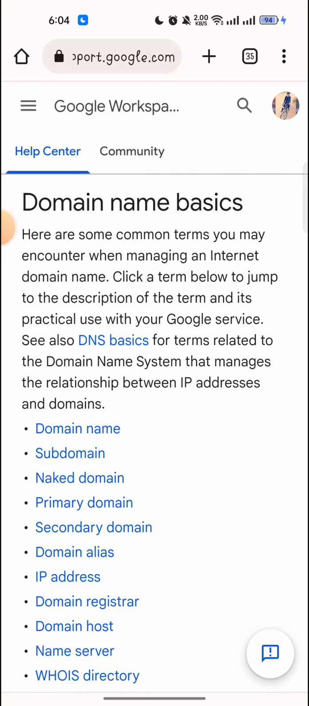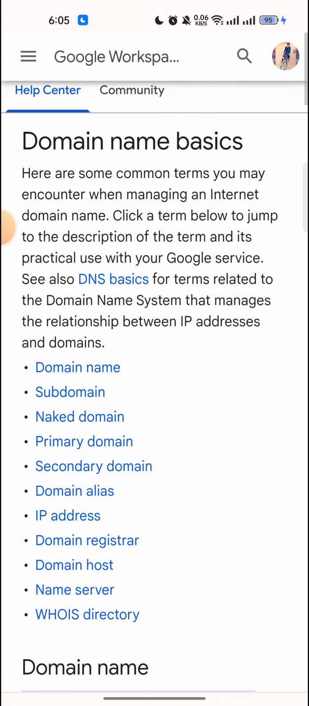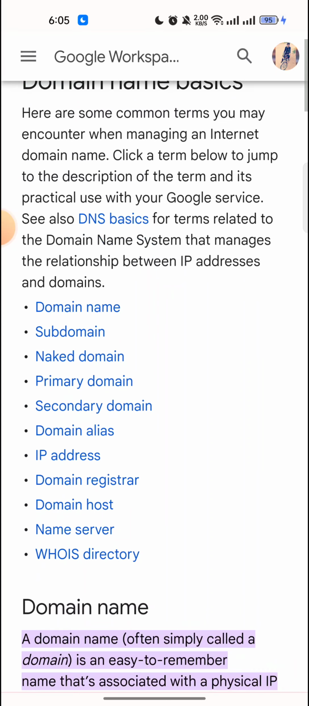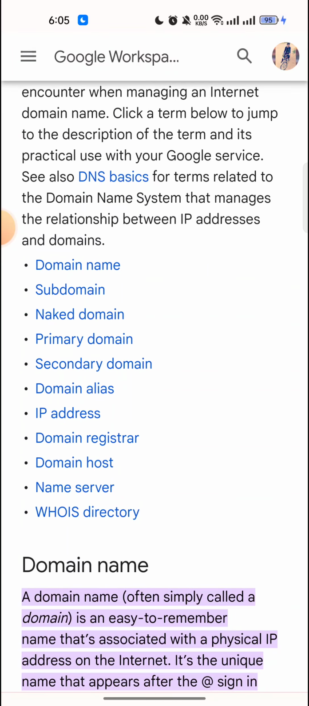Domain name basics. Here are some common terms you may encounter when managing an internet domain name. Click a term below to jump to the description of the term and its practical use with your Google service. See DNS basics for terms related to the domain name system that manage the relationship between IP address and domain. Domain name, subdomain, naked domain, primary domain, secondary domain, domain alias, IP address, domain registrar, domain host, name server,